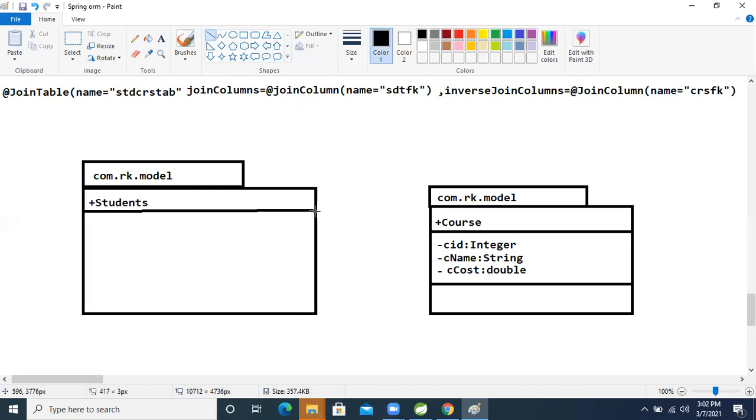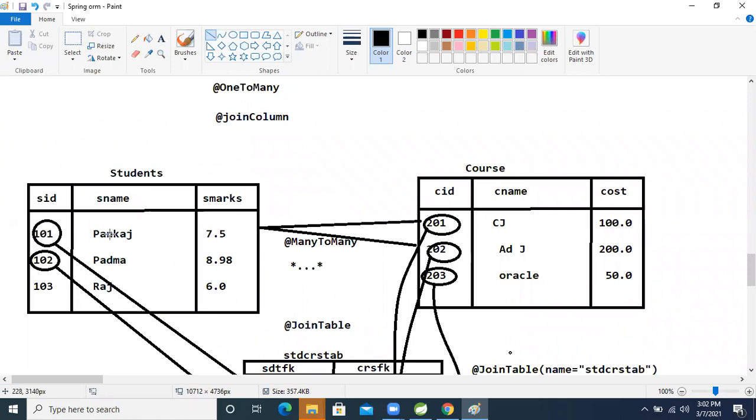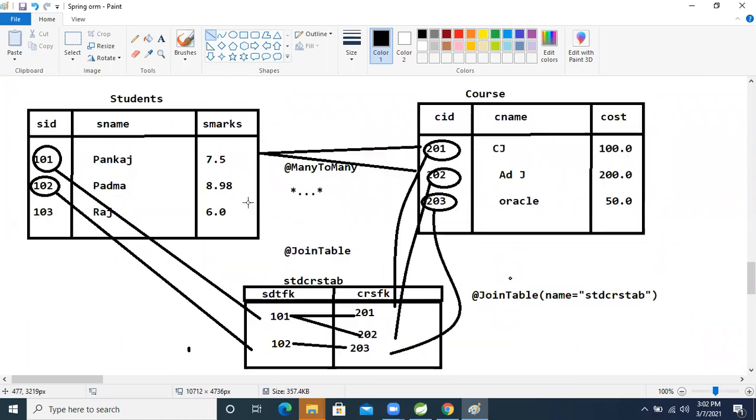Now, what attributes are there? SID, SName and SMarks are there, right?